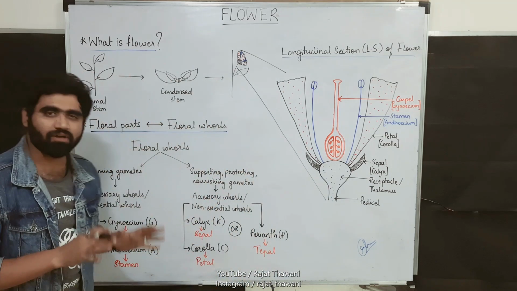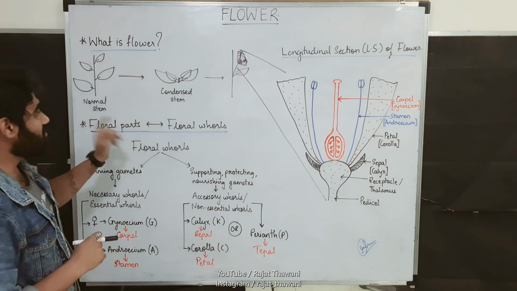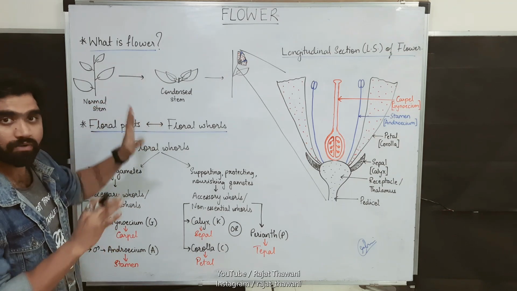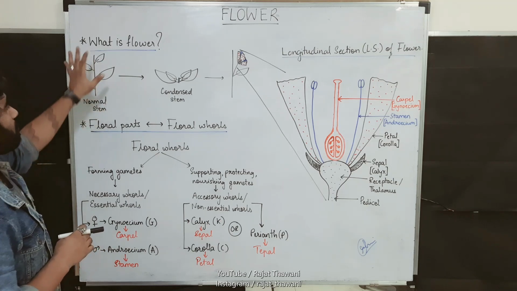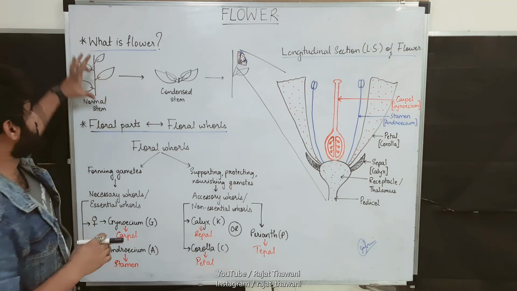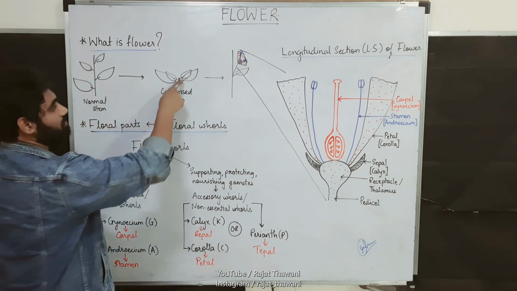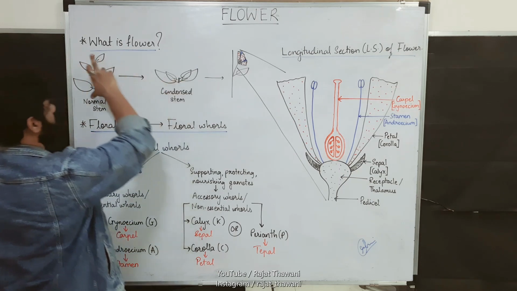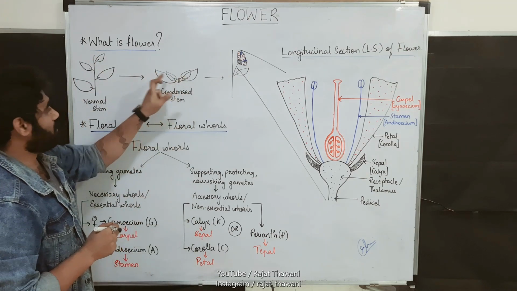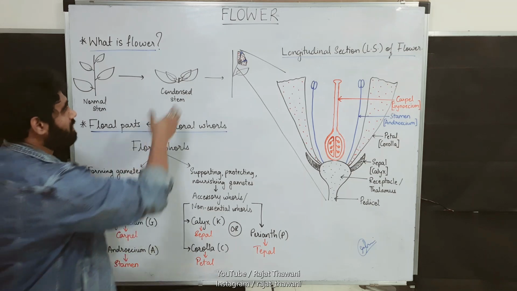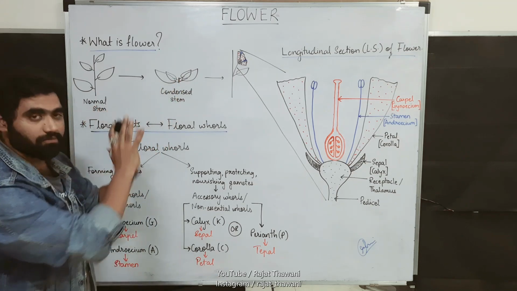So first thing, let's talk about what a flower is. As I've written here, a flower is nothing but the condensed stem. Now how is that? You can see this stem. I've drawn just a normal stem here, having 4 leaves. Imagine when this stem is condensed in this way without removing the leaves. This is how the structure will be formed. See the condensed stem. This big stem is condensed into this small part, and here four leaves are attached. In this way, they give a floral kind of appearance. So this is nothing but the flower.